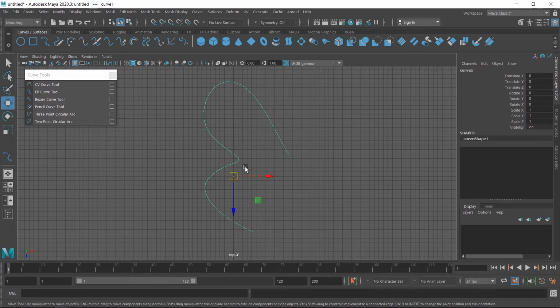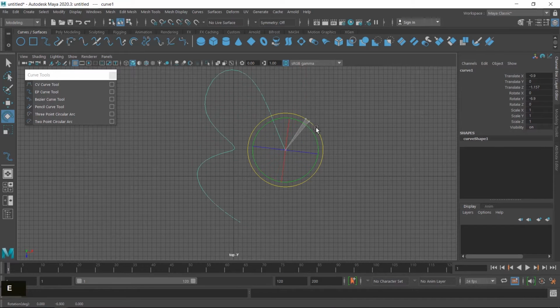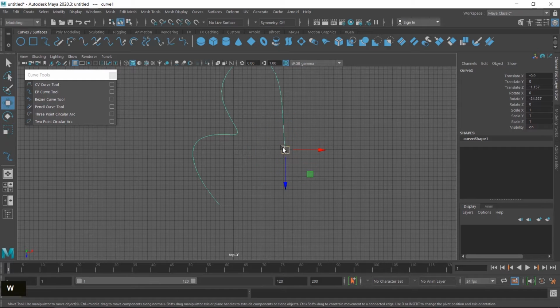First method is by pressing the D key. When you press the D key, the icon is changed and you can move this by using these handles and you can place it anywhere. And then press the D key again, so the pivot is placed here and you can select and move from this point, or if you want to rotate, you can also rotate by using the rotate tool. I switch to the move tool again by pressing the W key and you can select or move.